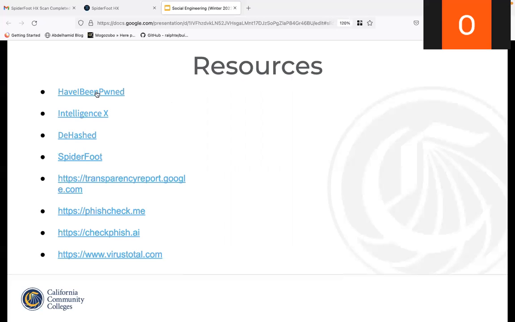So the first one is Have I Been Pwned. This is basically a database that has a collection of leaked accounts that have been compromised through various data breaches that have occurred in the past. Have I Been Pwned allows visitors to input their email address or password to see where and when they've been breached, or if the password has already been compromised. So basically in that case, it's already been used. It's already been leaked in a previous data breach. And in that case, if you do use the same passwords for different services, it's advised to change them. This one is pretty straightforward to use.